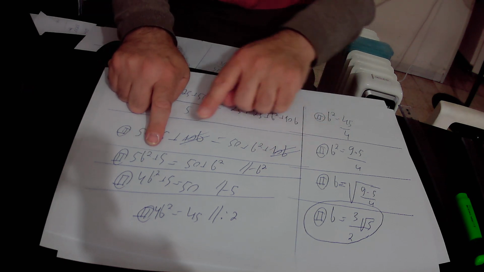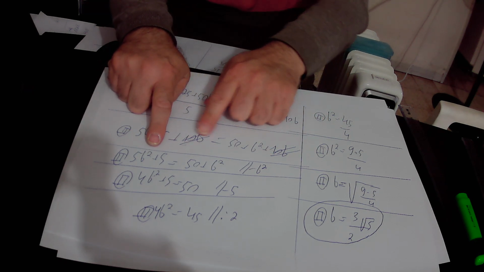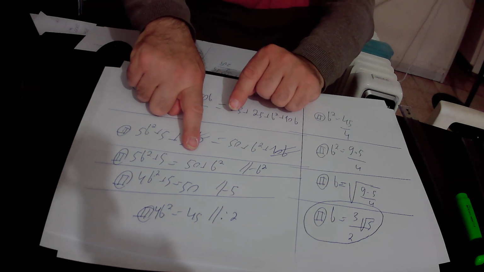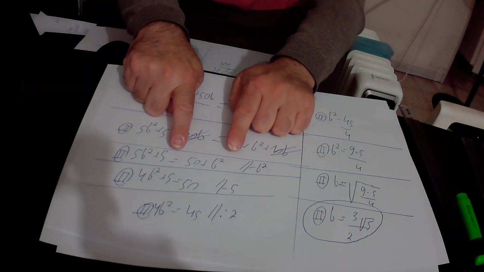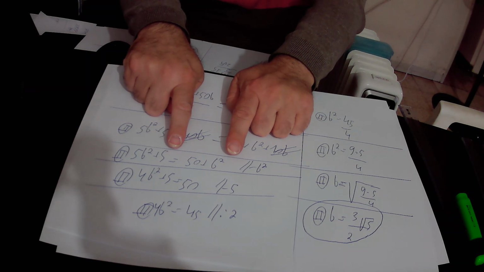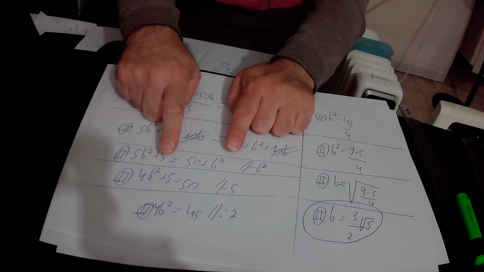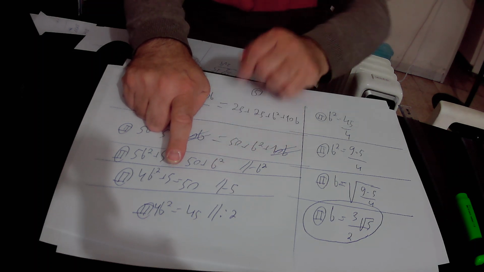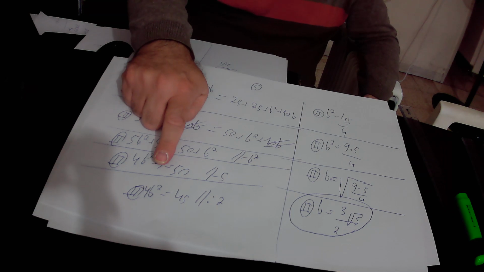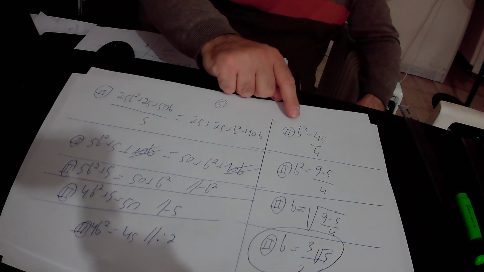So in total, on this side of the equation, we have 4b squared plus 5, that is equal to 50. So 4b squared plus 5 equals 50. We subtracted 5 from this equation, and finally found out that 4b squared equals 50 minus 5, which is 45. So 4b squared equals 45. Here we divided equation number 2 by 4, and finally found out that